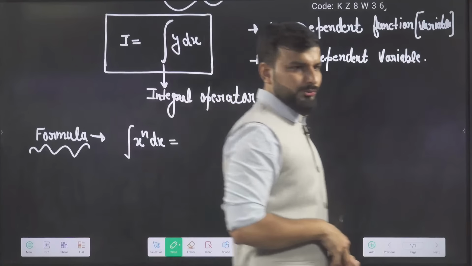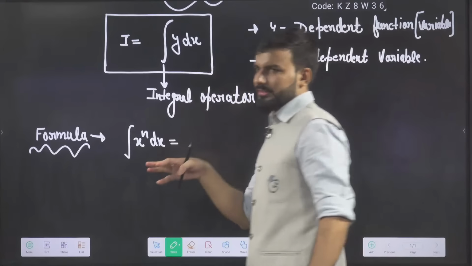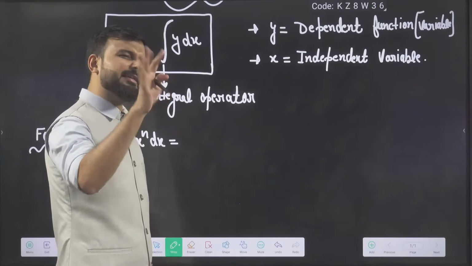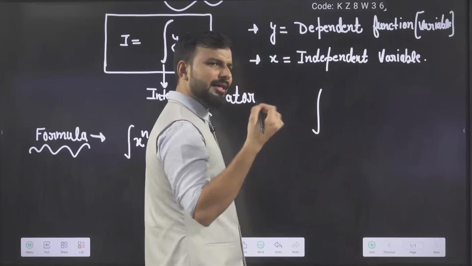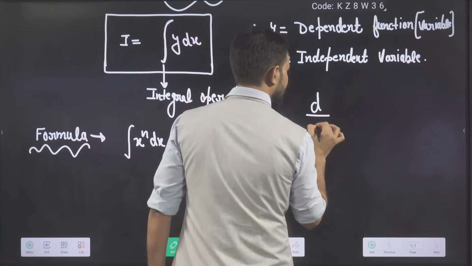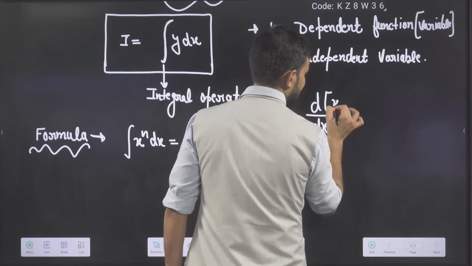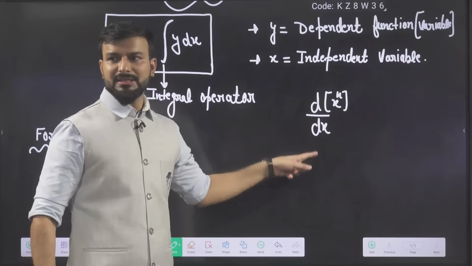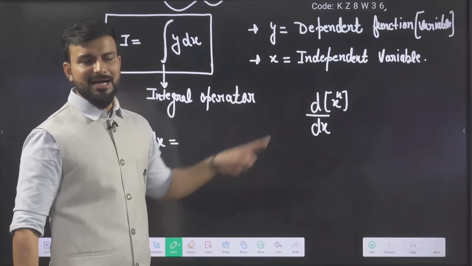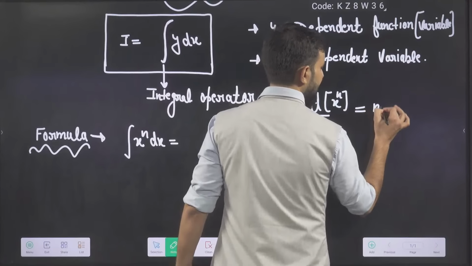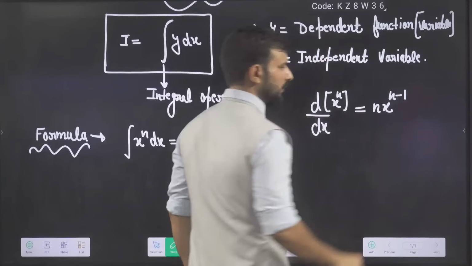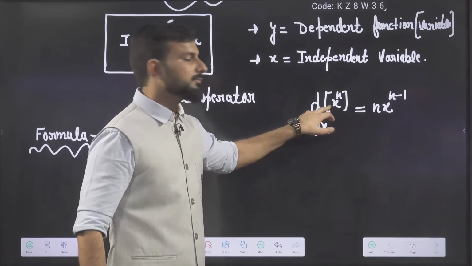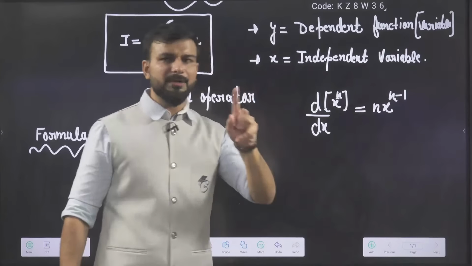So I have told you these are two sisters, integration and differentiation. To remember it, I make a kind of absurd trick. I do so many things which don't have any logic, but still to remember it. This is the symbol of what? Differentiation. And what is the answer of this? nx^(n-1), right? Here what is happening? Your power is coming forward and you are subtracting 1 from the power.